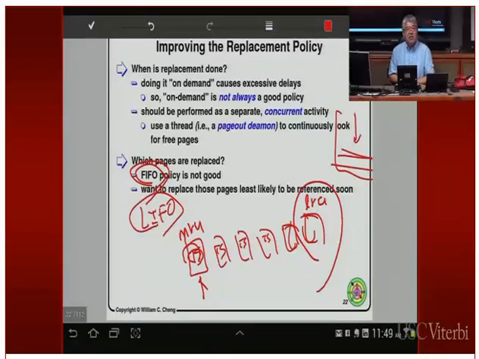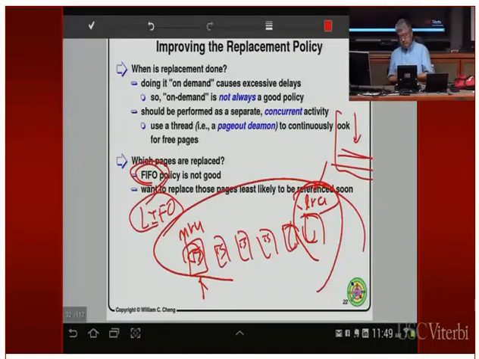But how do you know this one is least recently used? The only time you can shuffle this list is when you're inside the kernel. So it turns out it's a little tricky to implement least recently used. If you take 570, you see a proof that least recently used, under certain conditions, is the optimal policy. So if you want to replace anything, least recently used is a good way to go. But how do you implement that in the operating system? That turns out to be tricky. Next time we're going to cover that. We're going to finish chapter 7. All right.